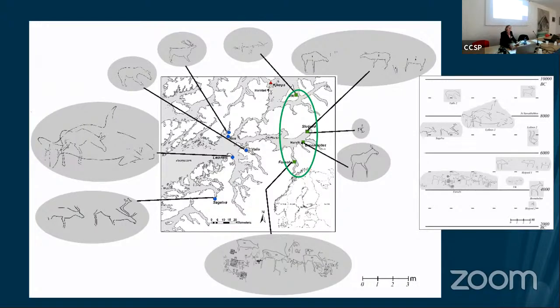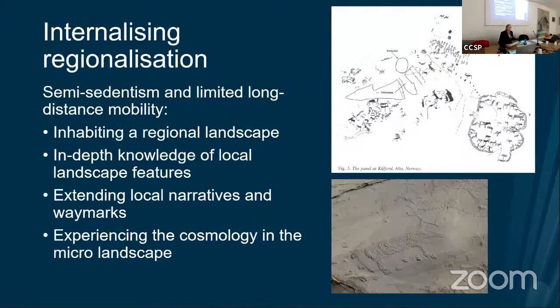And in fact, some of these later sites, we also see that these are some of the panels where you have both traditions represented. So you have some of these early life-size images, but you also have the later small schematized images. So again, what we think might be happening here in mid-Holocene is that you're beginning to internalize that regionalization. You're inhabiting that regional landscape, you're getting to know that really well, you're spending a lot of time in that regional and local landscape, and therefore